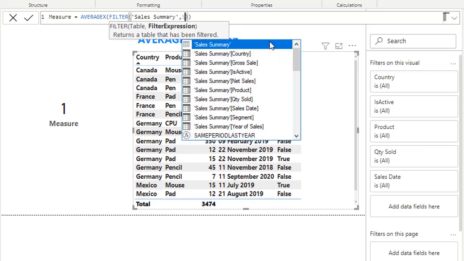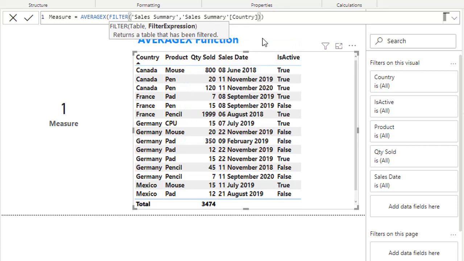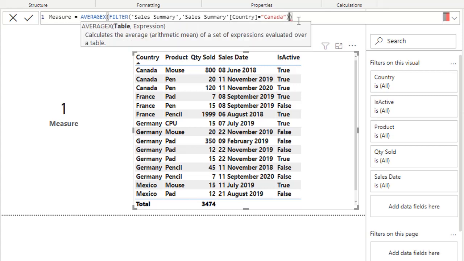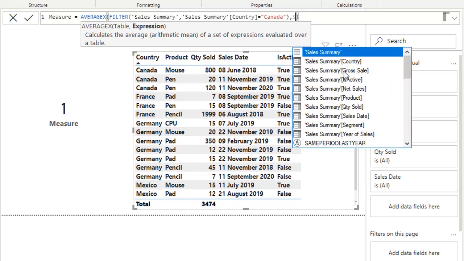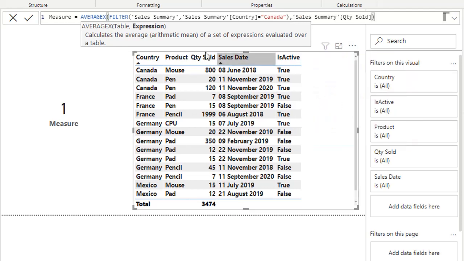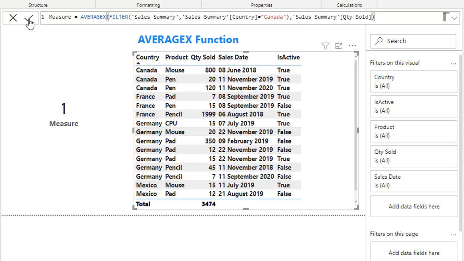So Sales, country equal to, say, Canada. Then the second parameter of AVERAGEX is quantity sold. Now I execute this one. So the average is 313 because I've taken only three rows from this table, not the whole table.